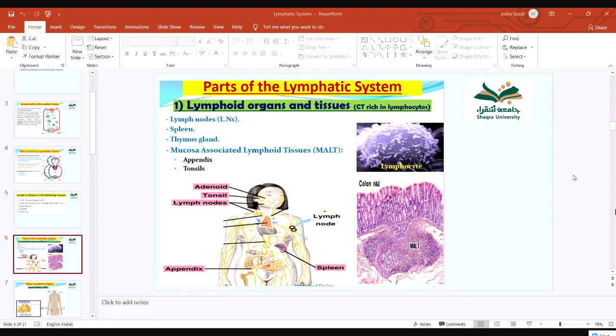And these immune cells, especially the T lymphocytes, go to your thymus, and they get activated over there. They get matured in the thymus. So your thymus and bone marrow are your primary lymphoid organs, and all the remaining organs, like lymph nodes, spleen, and the mucosa associated lymphoid structures, are secondary lymphoid structures. So you have lymph nodes, spleen, thymus, and the mucosa associated lymphoid structures. They all are examples of lymphoid tissue.